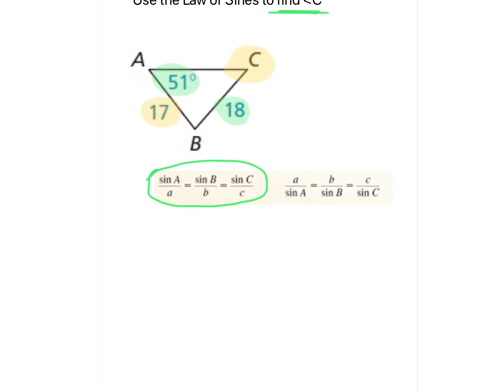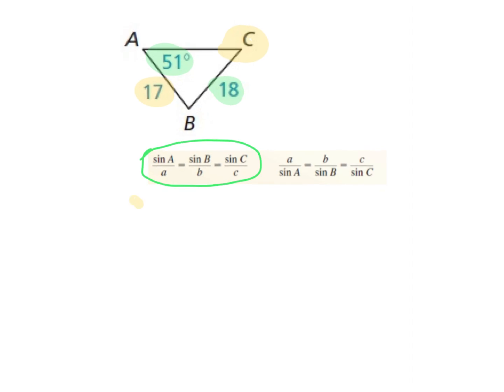So I'm going to do my sine of C, angle C, divided by the side opposite of it, which is 17. Those equal, and in my green, I've got the sine of my angle. Again, just like in other trig, that angle is always attached to the trig function, so the sine of the angle divided by 18, because that's the side opposite of it. Again, the whole point in having the sine of C in the top was so that all we had to do is multiply both sides by 17,